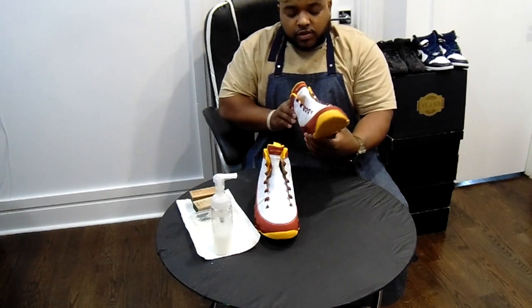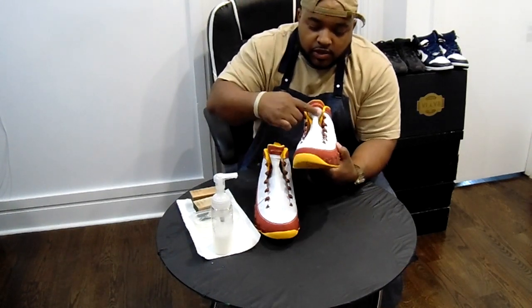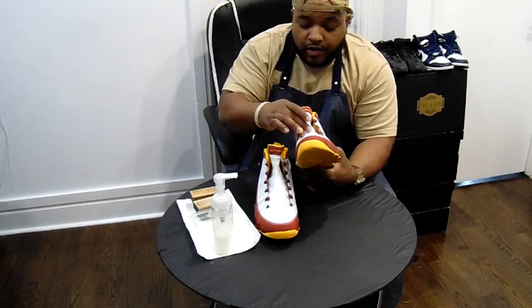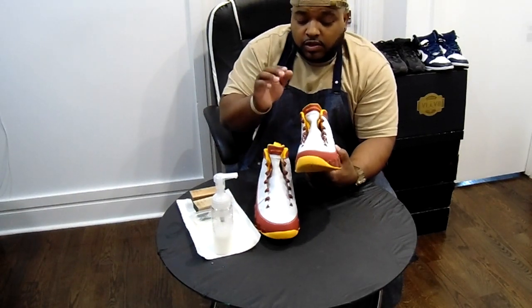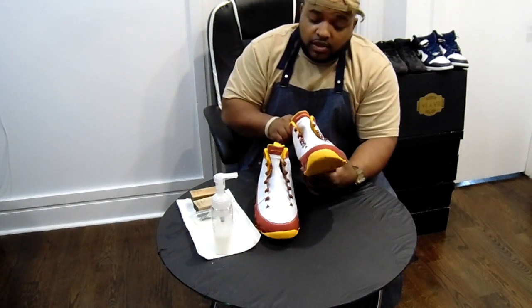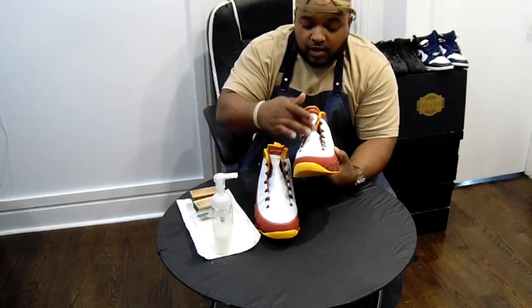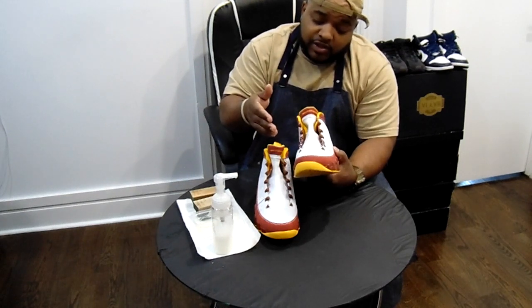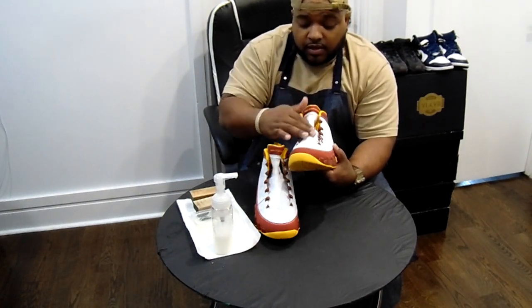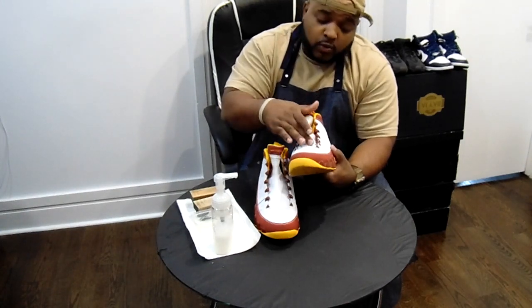When I first received these shoes, this mesh area here was yellow. How I removed the yellowing from here is I put it underneath the UV light without no chemicals. I just let it sit there for about 2 days and it actually got a lot whiter. Fortunately, I didn't take a before picture, but just know that to get these back close to this white